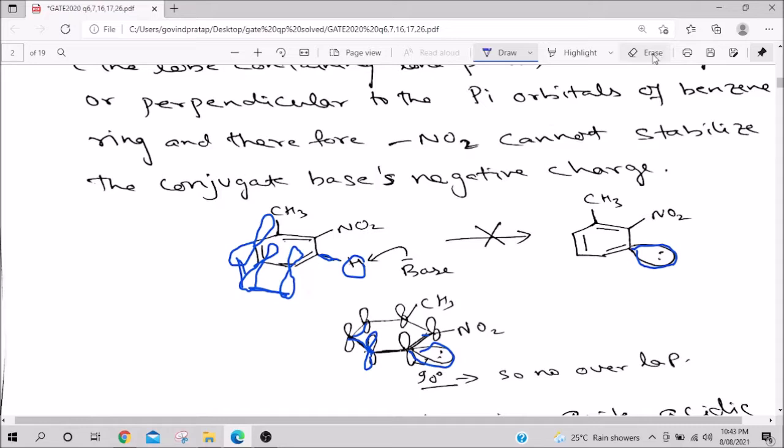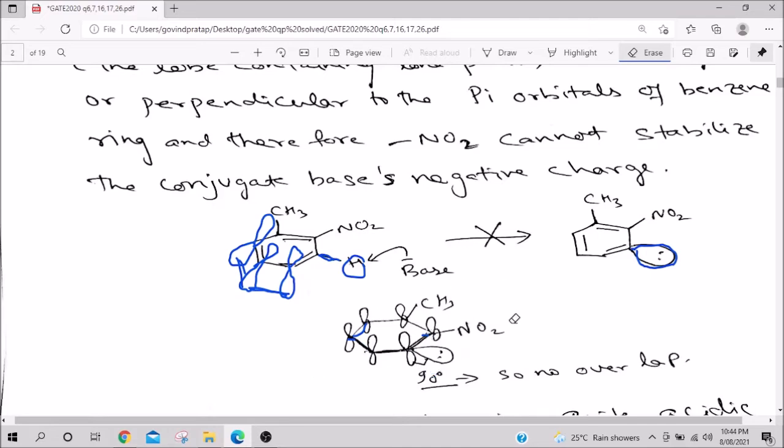So now the angle between the p orbital and this lobe is 90 degrees. So they do not overlap, and this negative charge remains on this carbon. So it is localized, a huge negative charge concentration, and therefore the negative charge density is very high, so it is very unstable. It will immediately go and pick up a proton wherever it finds one. That means it is a very unstable conjugate base, and therefore the benzene ring's proton is not acidic.